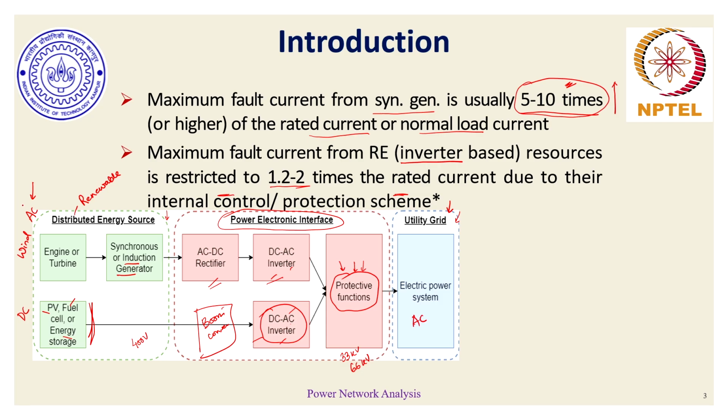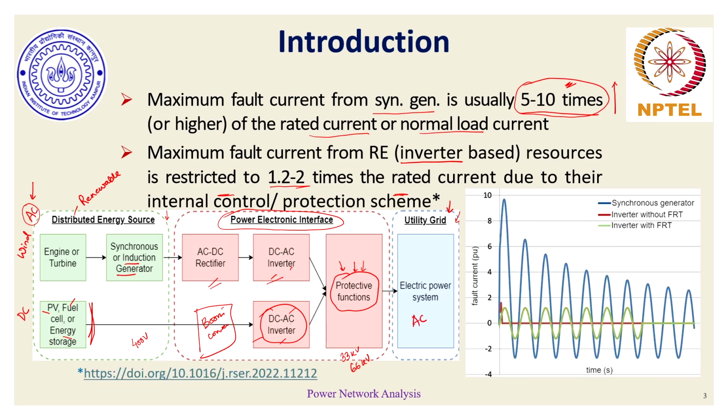The question still remains, why do we need an interface for a wind generator, which is inherently AC in nature? The issue with wind generation is that it is not usually generated at 50 hertz. So in order to match the frequency on the AC side of the wind turbine with the AC side of the utility grid, we need a conversion mechanism which enables